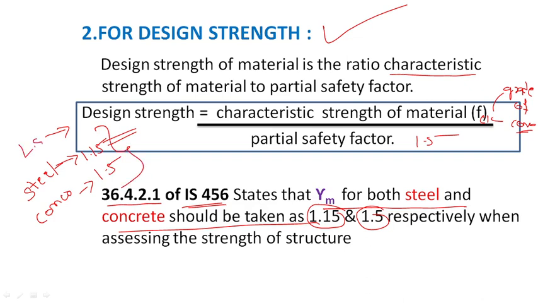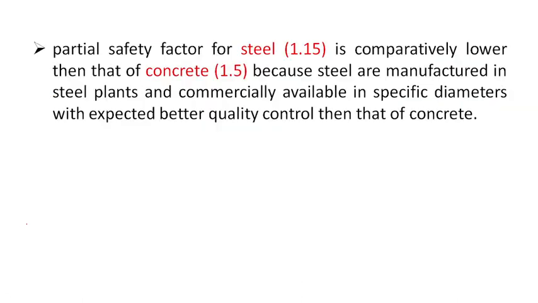They may ask that in the limit state method, or when they give only the partial safety factor. If they give the partial safety factor, you should remember the values for steel and concrete. Okay, this clause is very important according to IS 456. Now one question arises. I have just told you steel partial safety factor is 1.15 and concrete factor of safety is 1.5. Why? Why is the factor of safety for steel very low and for concrete more?